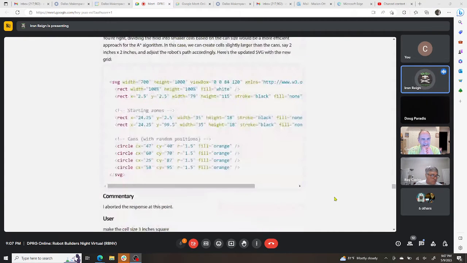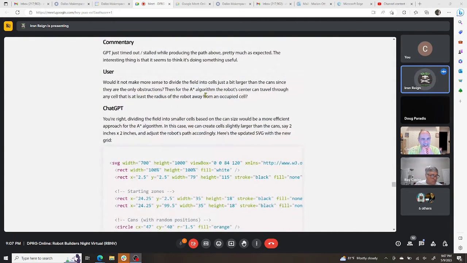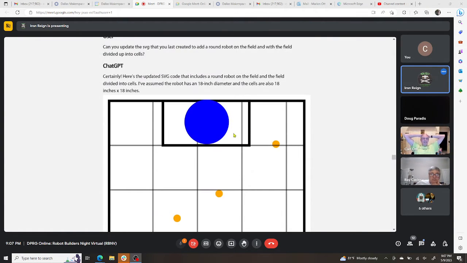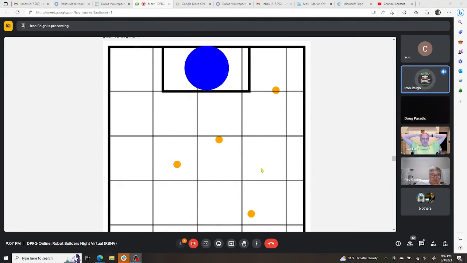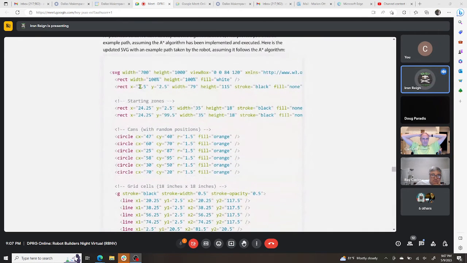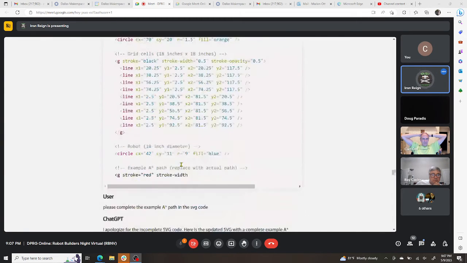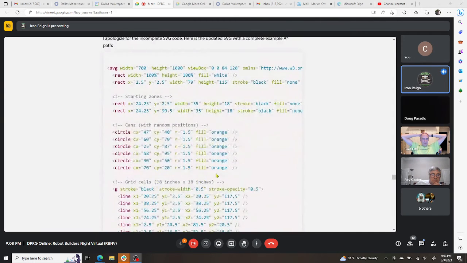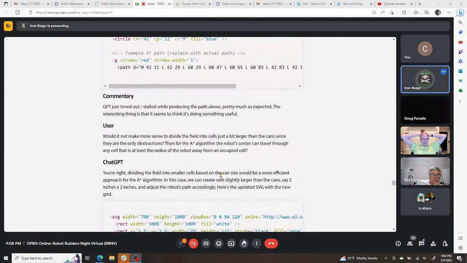Let's see. Then I suggested that the grid size it came up with here is too big, right? The cans are never larger than their enclosing rectangle, and I suggested that maybe it should be the size of a can, and then it started coming back with 2.5 by 2.5 inch rectangles. I wanted them to be a little bit larger, so I stopped it and told it to generate